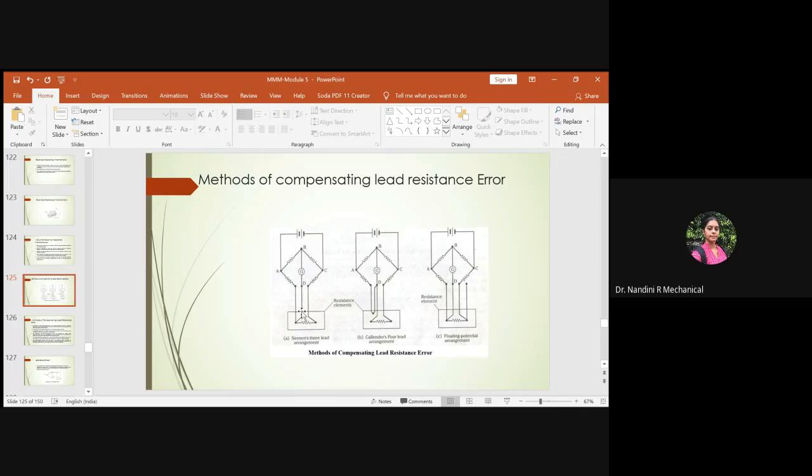So this is how the error associated with these two lead wires will be nullified, and this one will not carry any flow of current through it. As a result, the change in the resistance element due to increase in the temperature could be directly measured by using the Wheatstone bridge by nullifying the error which comes across these lead wires.